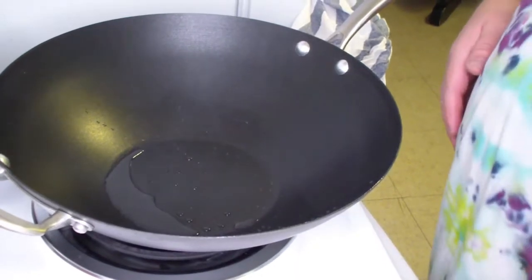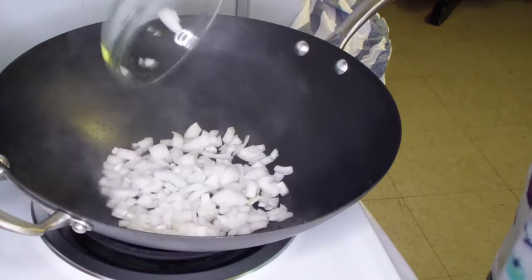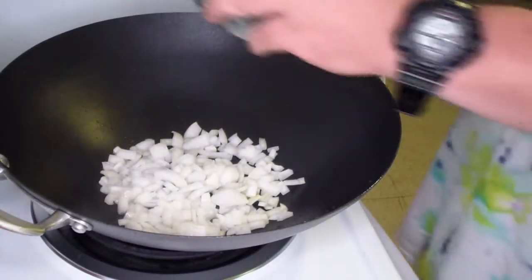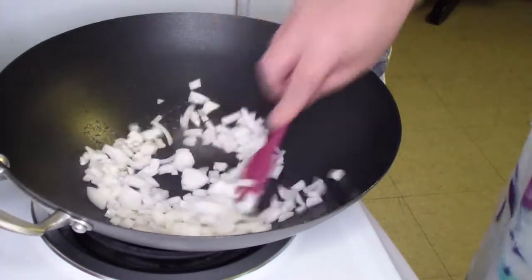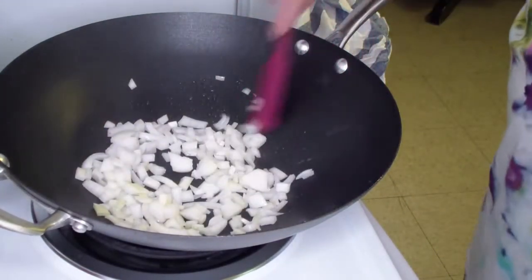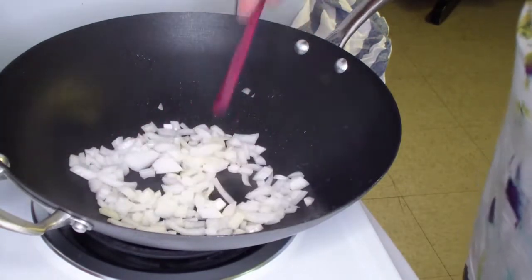Alrighty guys, time to get to cooking. I've got the pan and oil heated up. You know what that means. Time for the goodness. That is 1 medium onion